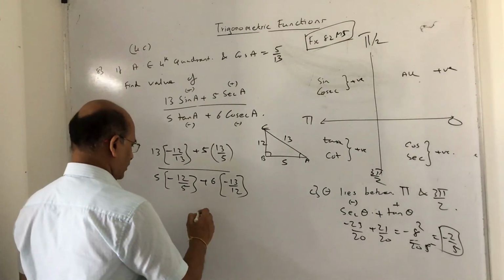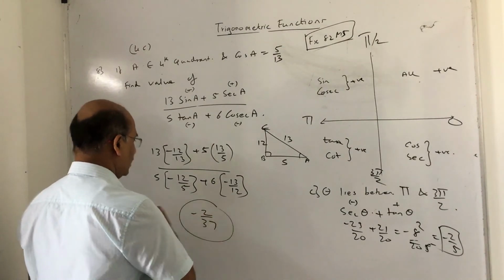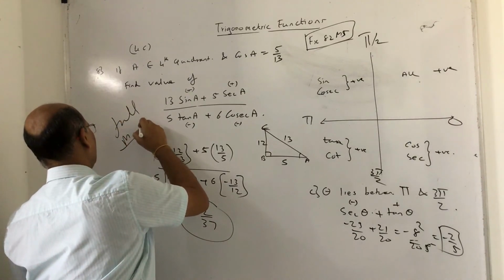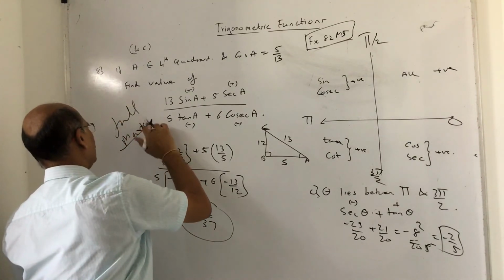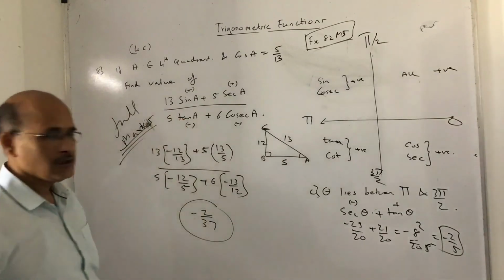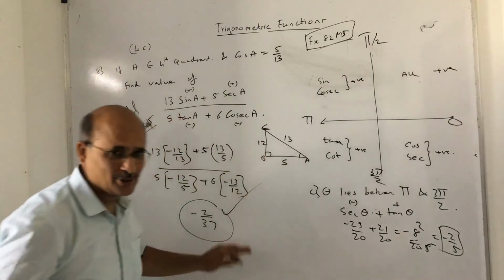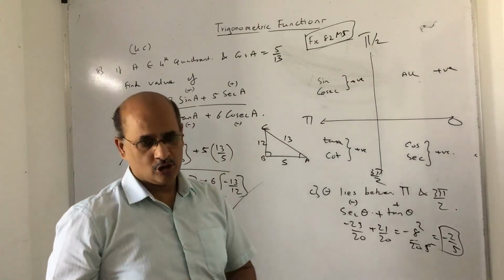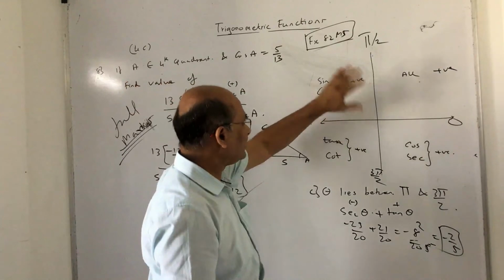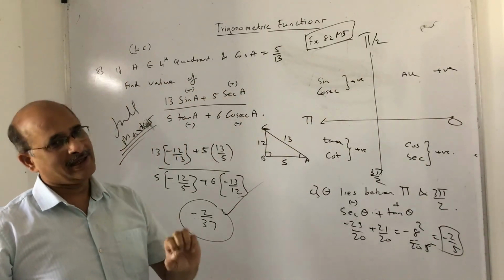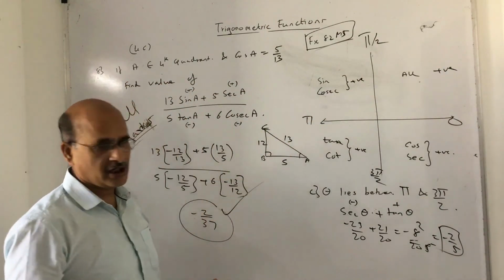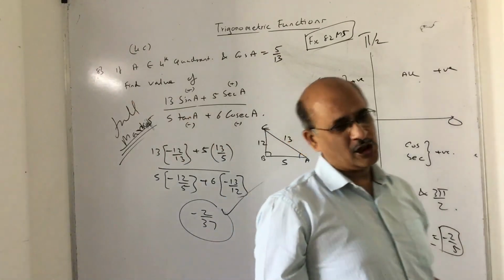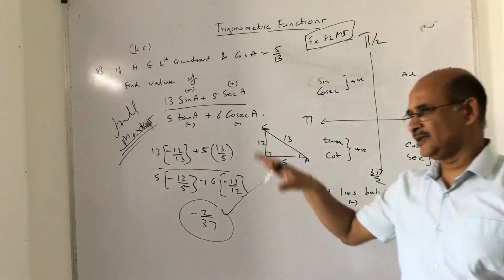If you are getting the answer minus 2 upon 37, give full marks to this maximum level question. Full marks. Okay, and give a big tick mark and show it to your parents for doing this sum correctly. Anyway, coming to the point, children, I hope you understood the first thing, the sign convention I am talking about. Remember, I used to explain in much detail, but there is no need for you all to understand the details now. Of course, the application of this concept is more important than the depth of it.